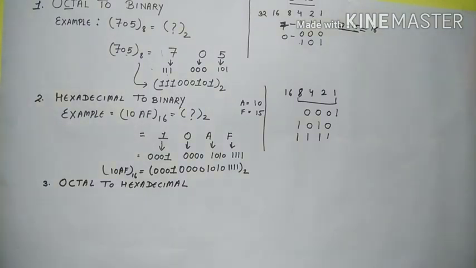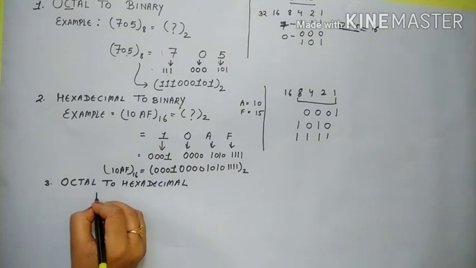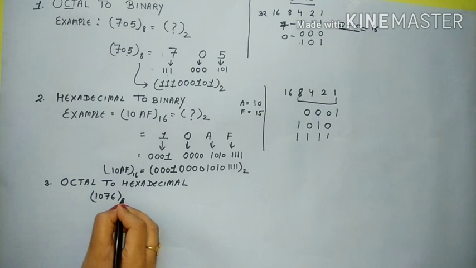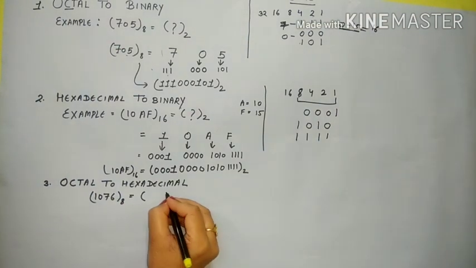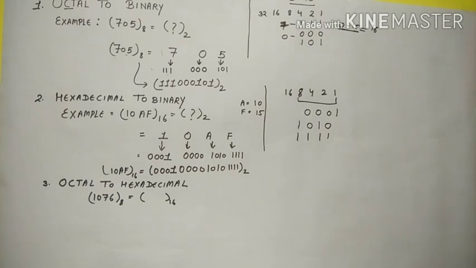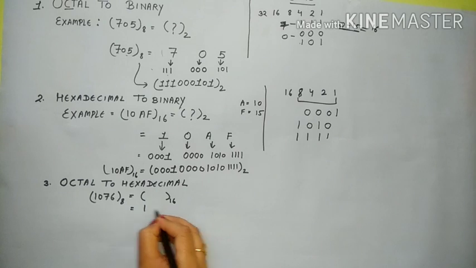The example I am taking is 1076 to the base 8, since it is an octal number. We need to convert it to the base 16. Clear? So we need to convert octal to hexadecimal. Same way, first you write these digits separately,